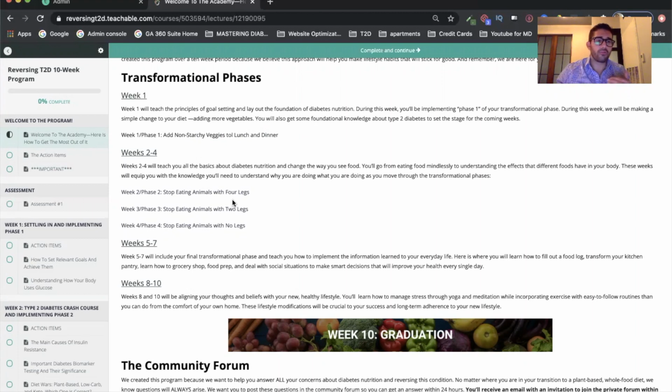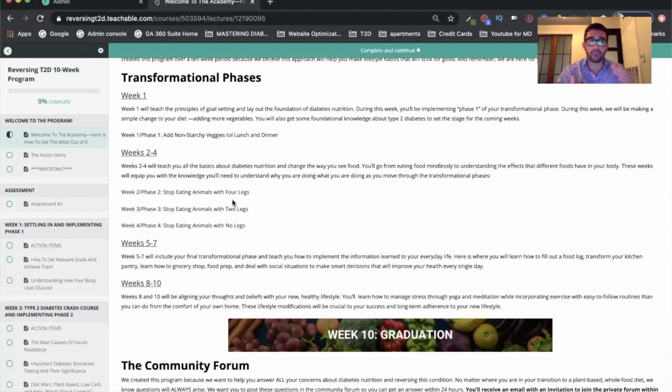Now, weeks number 5 to 10 are mostly about changing your lifestyle, not too much about the diet because you're already plant-based, but it's mostly about your lifestyle habits, such as exercising more, such as sleeping better, such as including meditation to your daily routine, including some stretching techniques, some lifestyle habits that will make you more active. Being active reverses insulin resistance.